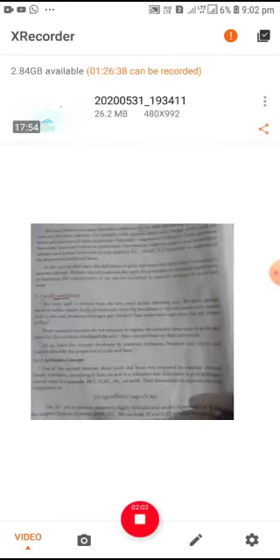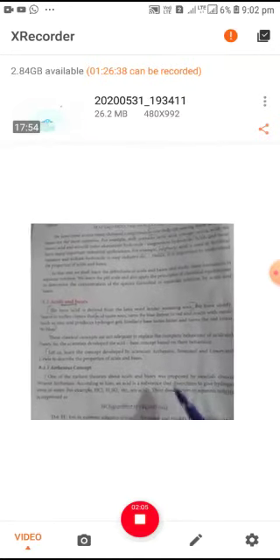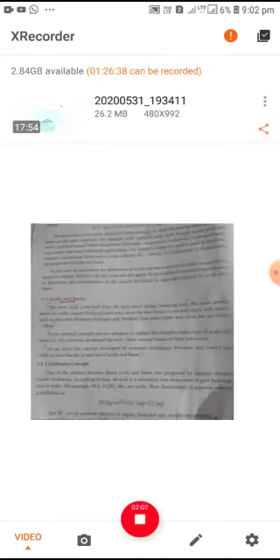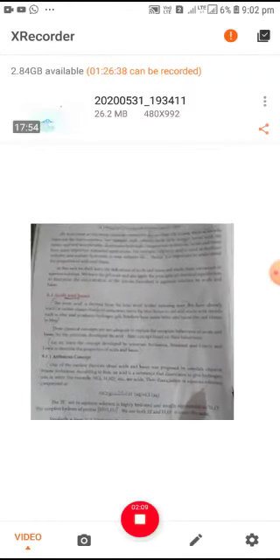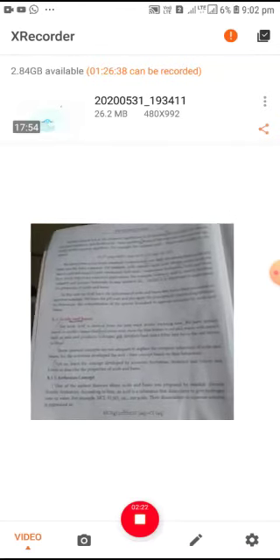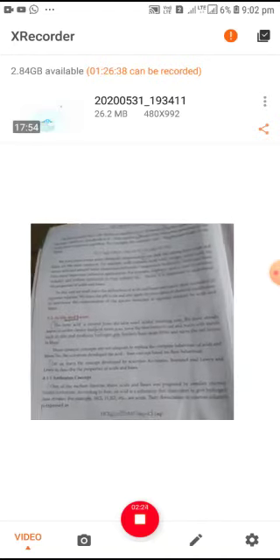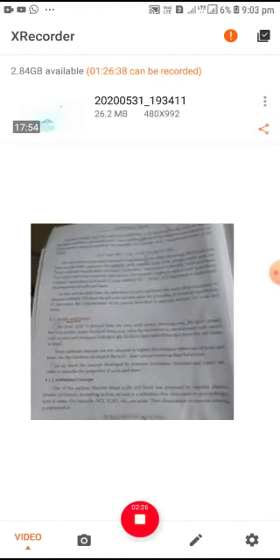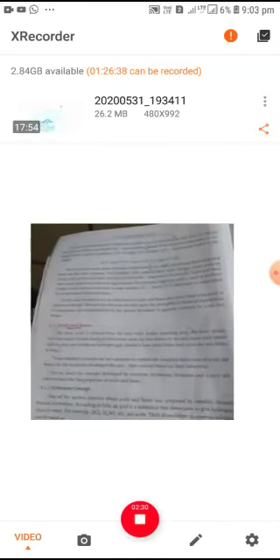One of the earliest theories about acids and bases was proposed by the Swedish chemist Arrhenius. According to him, an acid is a substance that dissociates to give hydrogen ions in water. For example, HCl. HCl is an acid.